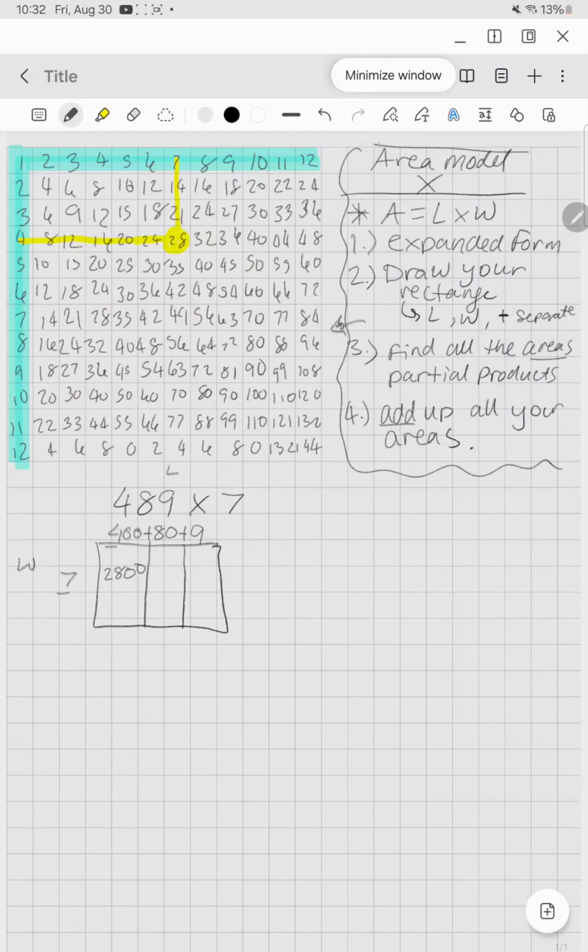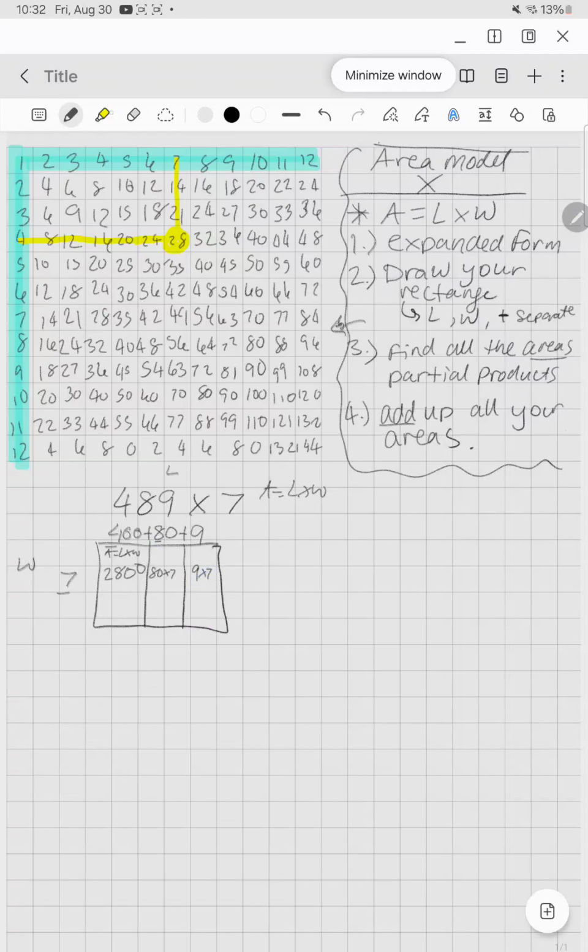Now, if I wanted to say the next one, 8 times 7. Well, like I said, we're doing 8 plus length times width. Don't forget that. So you multiply your top, your length to the side. And I know this is going to end up being 80 times 7. This is going to end up being 9 times 7. And so I already know